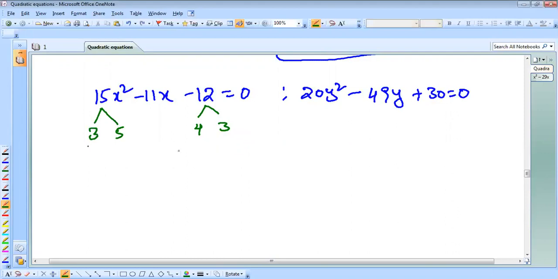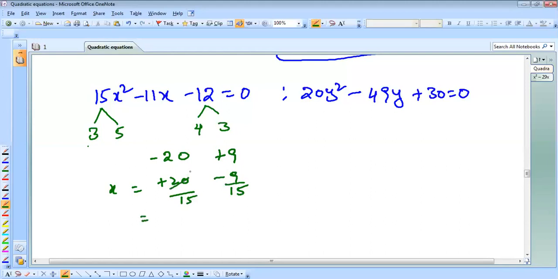But by using trial and error, you can take, sir, 3 4s I'll take, sir. 5 3s I'll take 15, sir. But 12 and 15 difference should be 11, but it is not getting the difference as 11. So what do you have to do now? 5 into 4 is 20. 3 into 3 is 9. 20 and 9 difference is 11. Then minus 20 plus 9. The next value will be plus 20 minus 9 by 15 by 15.